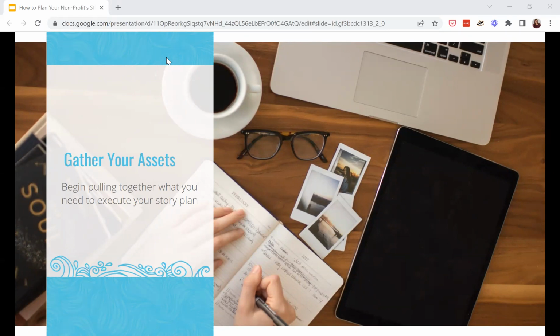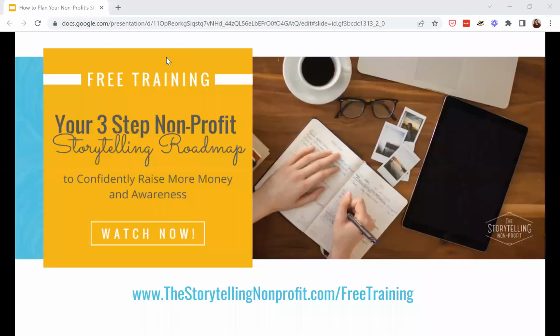Those are all examples of tasks that I might list in that project plan so that it can be really crystal clear to me and anyone else working with me what we need to do to get this done. And I find this really helpful because it gives you a project plan or work plan for each month or each quarter so that you know exactly what needs to happen to bring this story plan to life, so that you have aligned content with your storytelling, your fundraising, and your communications goals.